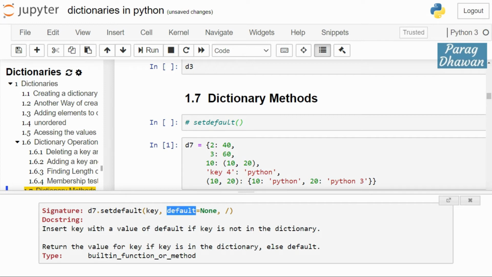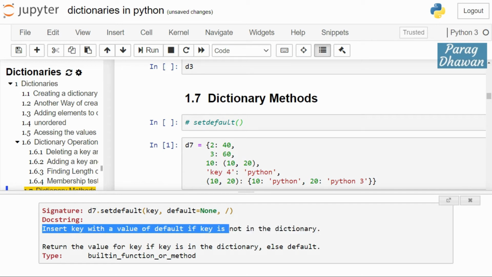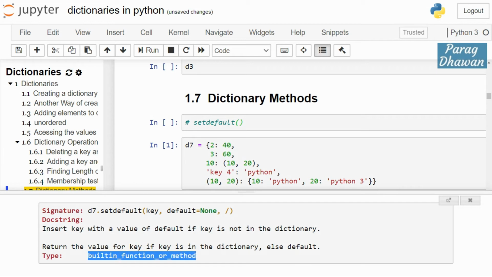If you don't pass the second parameter, the default value will be None. It inserts the key with the value of default if the key is not in the dictionary. If the key is not present in the dictionary, it will insert a key value pair and return the value of default. If the key is present in the dictionary, it returns the value of the key. It is a built-in function or method.